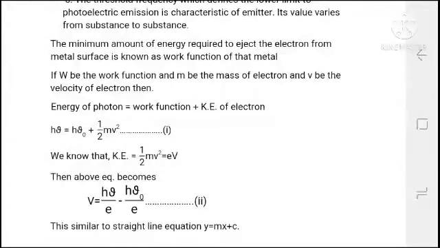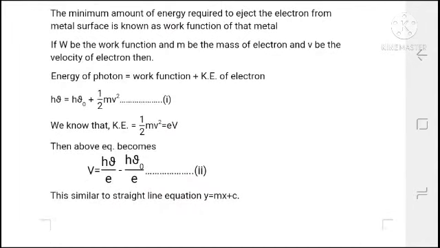The minimum amount of energy required to eject the electron from the metal surface is called the work function of the metal. If W is the work function, m is the mass of the electron and v is the velocity of the electron, then the total energy of the photon is equal to the work function plus the kinetic energy of the electron. Here,